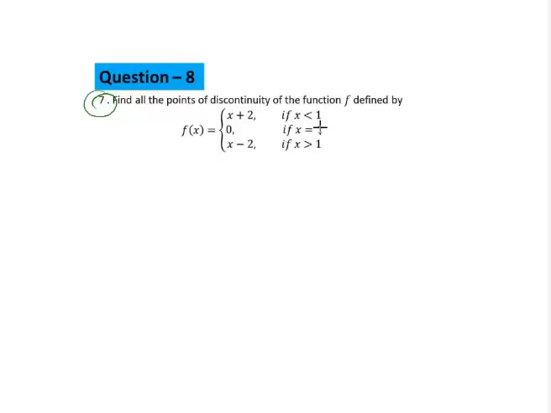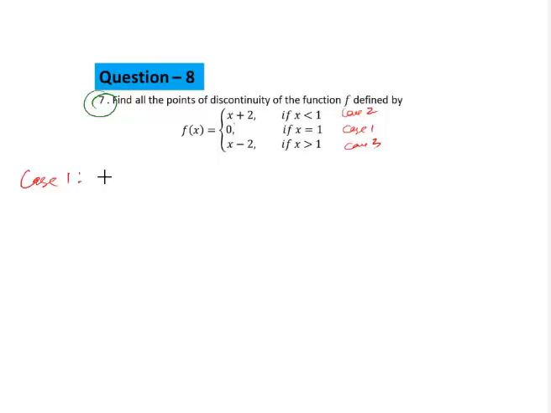Okay, again, this function takes different values depending on x, right? When x equals 1, the f of x value is 0. When x is less than 1, the f of x value is x plus 2. When x is greater than 1, it is x minus 2. Again, like a modulus function, we are going to do it in three cases. Let's say case 1, case 2, and case 3. Now case 1,